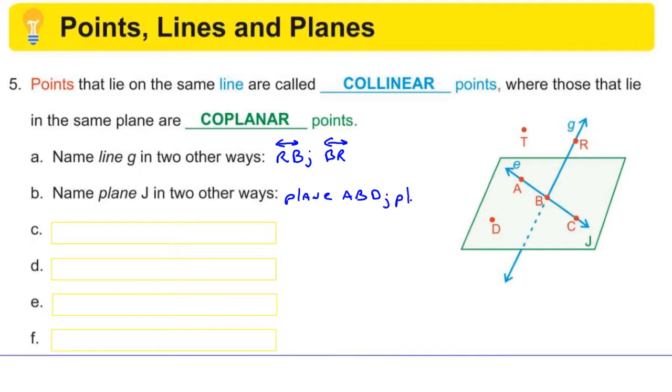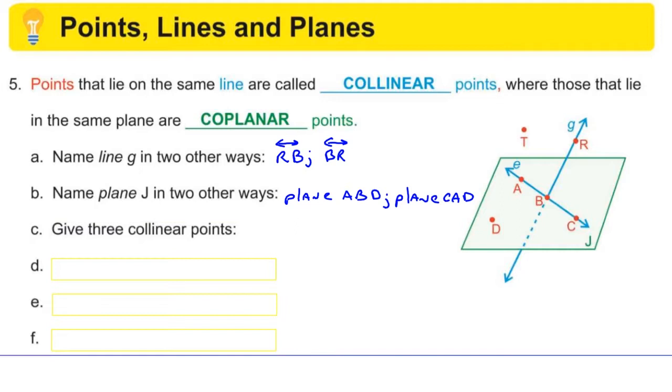Again, I can change the order of the letters. It would be the same plane, and I would name it a different way. But to be a little interesting, how about if I use point C and point A, the two on the line, and then point D, the point off the line? Got it? All right, plane CAD. Yes, a little computer-aided design there.